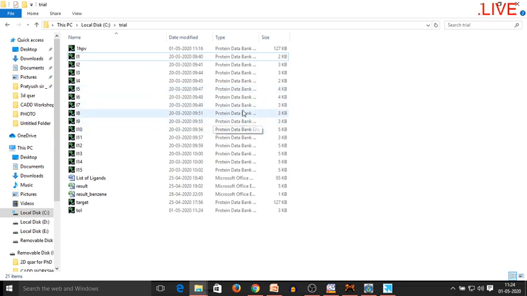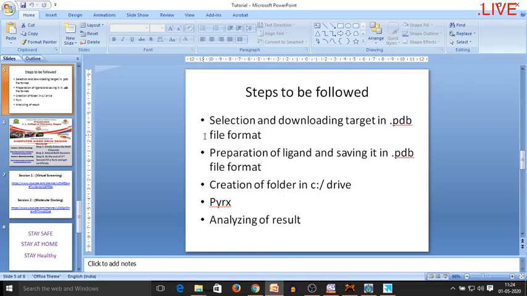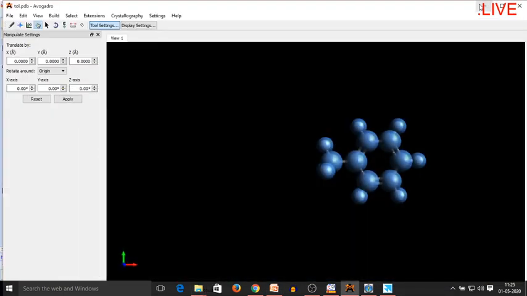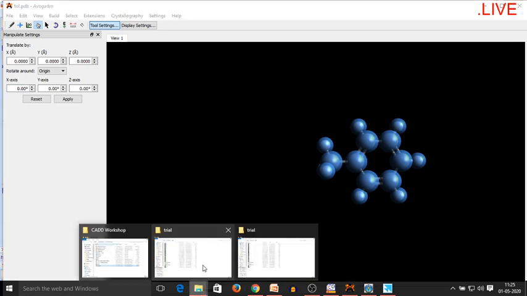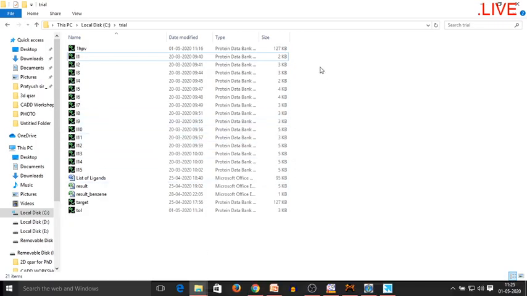Now, coming back to the protocols, what we did: we selected and downloaded the target in a PDB file format. Next, we prepared a ligand and saved it in a .pdb file format. Now the actual session of PyRx will start. As I told, we are going to work with 15 ligands.